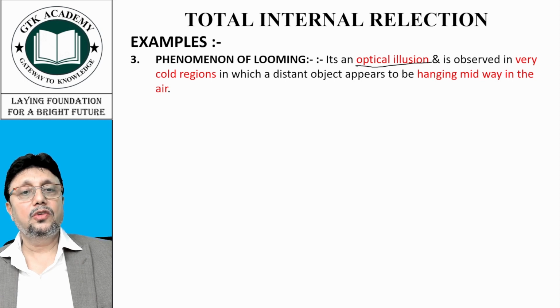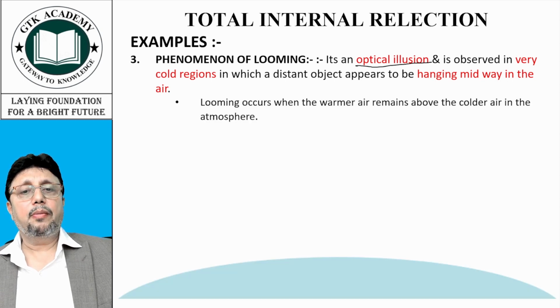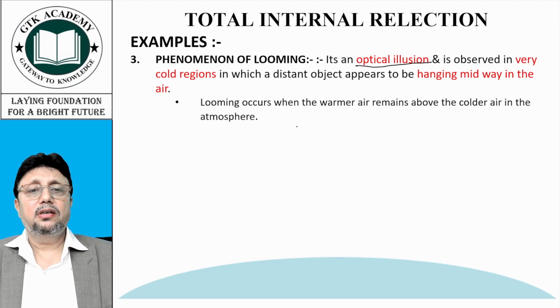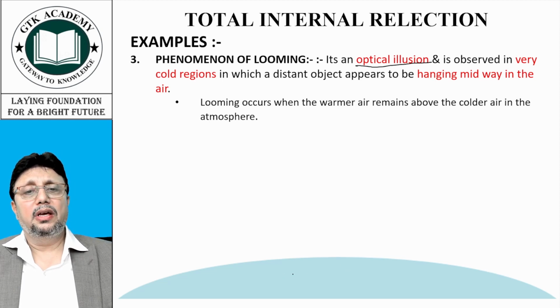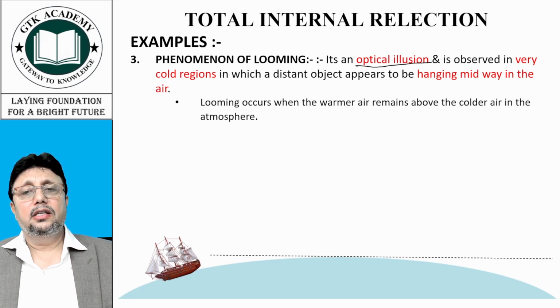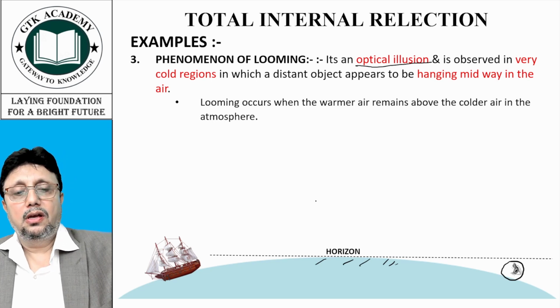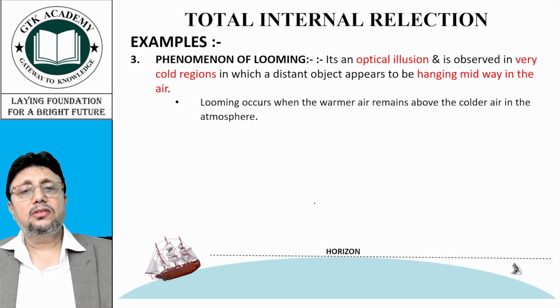How does it happen? Say, if this is our Earth and this is a sea, probably where it's frozen or very, very cool. Suppose there is a ship and this is the line of sight, and my observer is stationed here. Right now, since there is obstruction here, he can't see the ship because the ship is too far from him. But what happens? The light rays from the ship